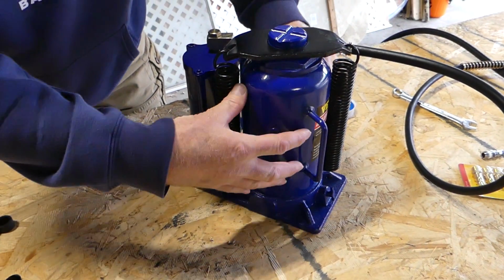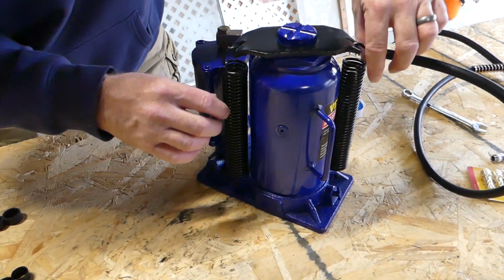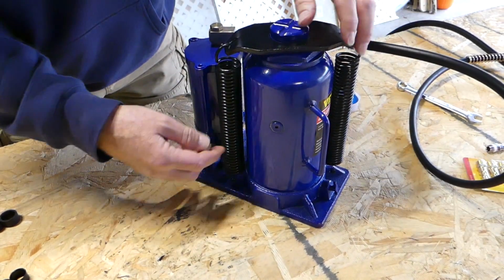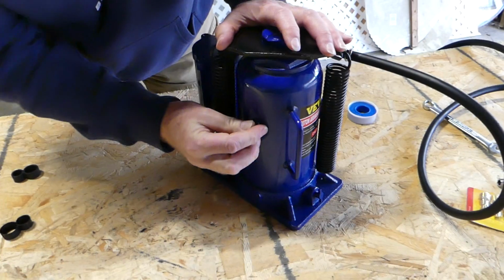So basically this is your hydraulic cylinder, this is your base. These have these big springs on here to help the jack come back down when you release it. But this is the oil fill plug. You're going to want to take that out,